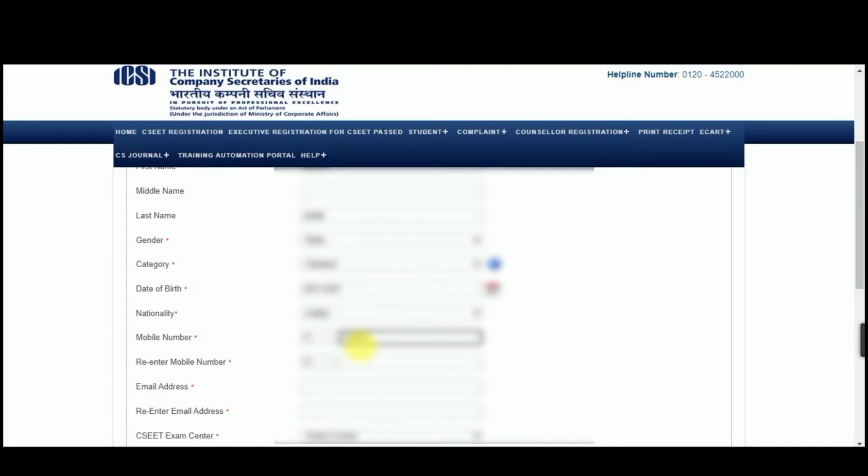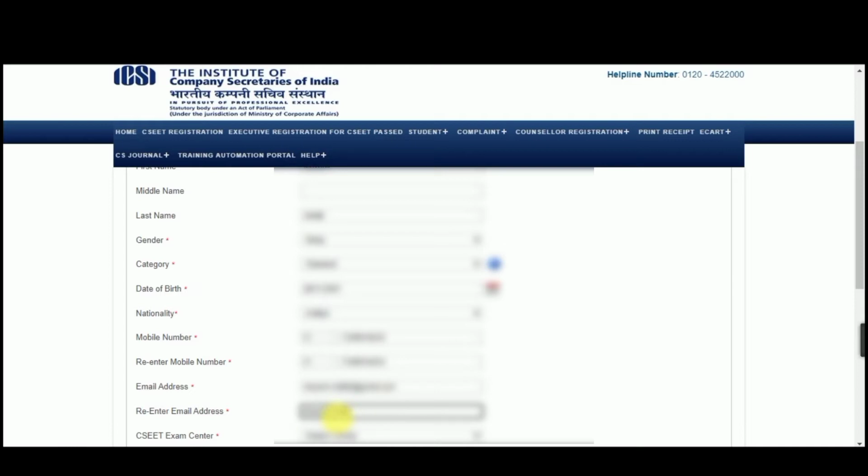Now enter your mobile number. Re-enter your mobile number. Now enter your email ID. Now re-enter your email ID.